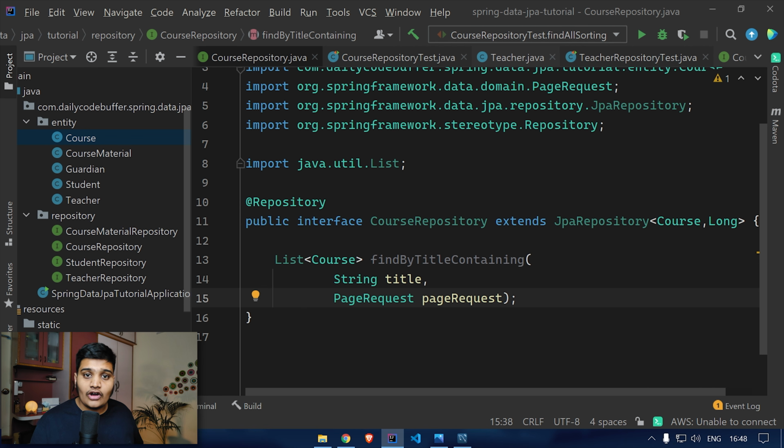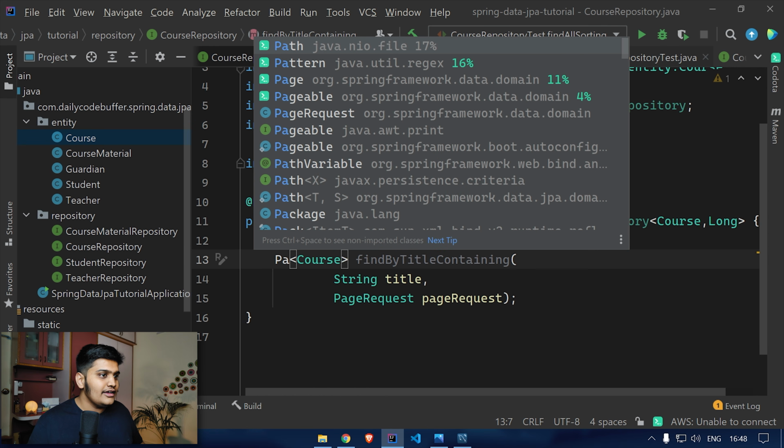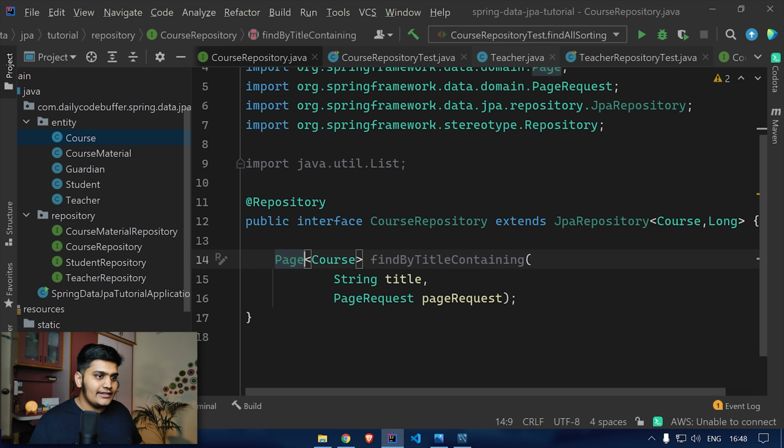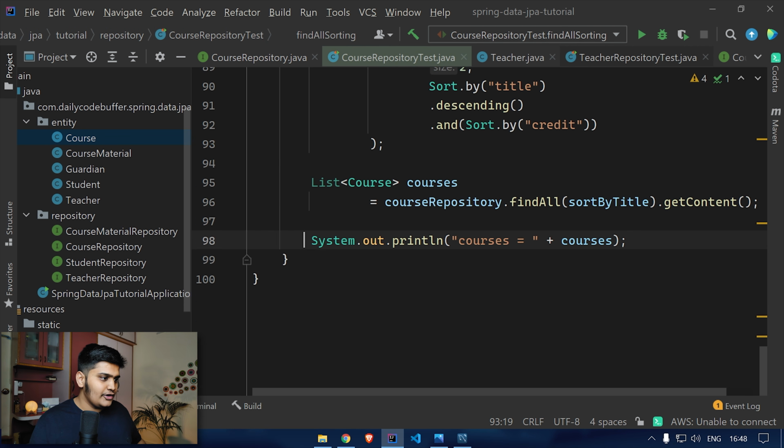So this will convert all your data to the list, but here you need a page over here. Okay, that you should be getting the page. So whatever the page request that you pass over here, you will be getting the data as a page object over here. So let's check this as well. So we will just call this. Okay, we'll create a new method,